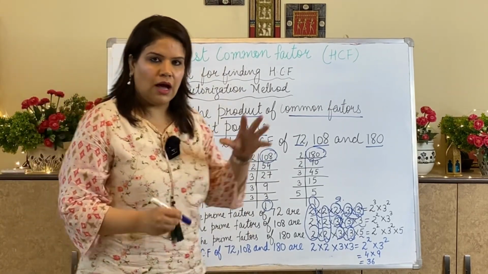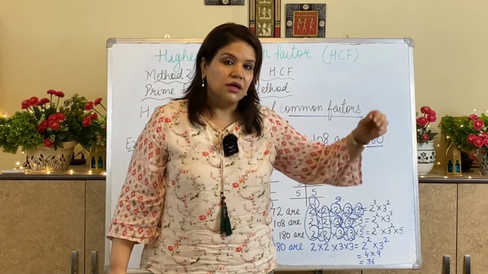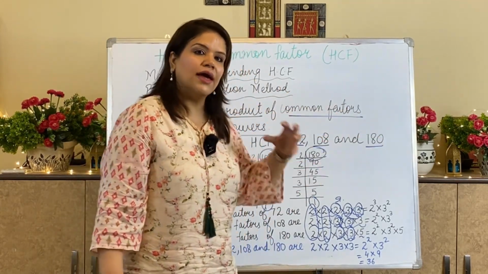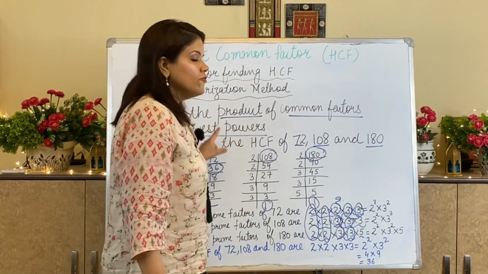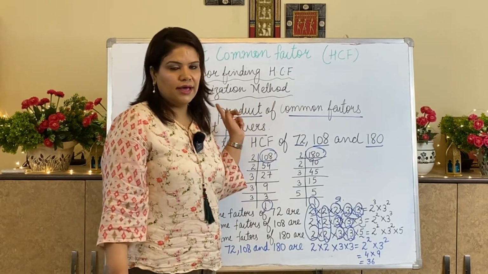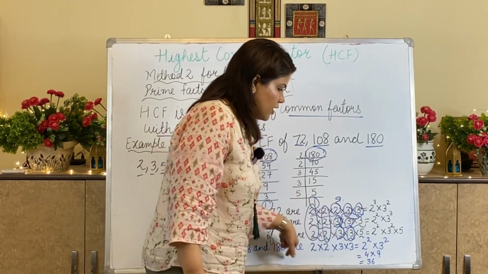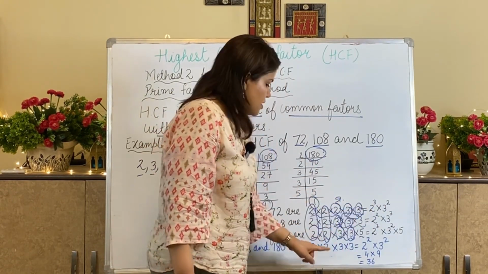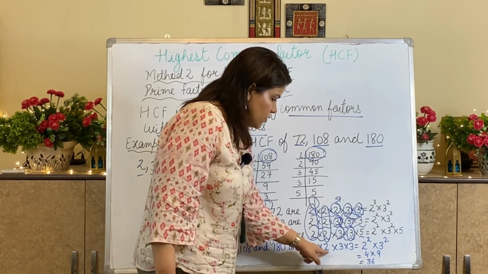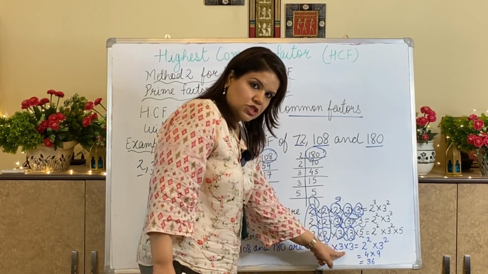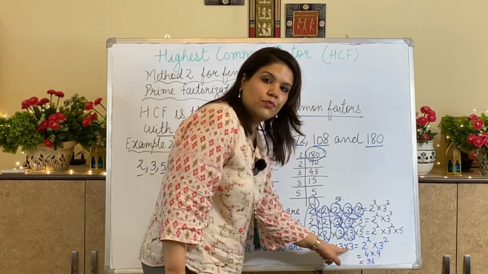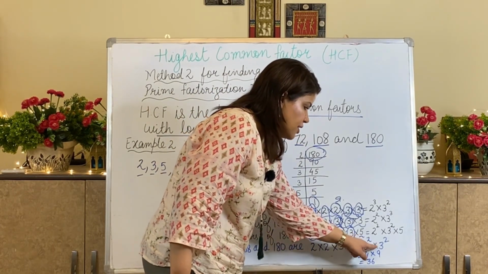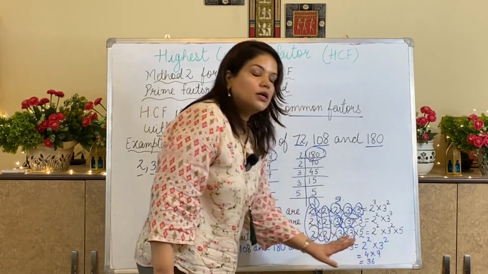3 things I am doing. I am finding common factors, then I am finding common factors with least power, and then after that I am finding their product to find the HCF. Now these are the factors. These I have listed them in the concept of powers. Then I have found out the common factors with the least power, and I am finding their product. So product will be 2 raised to power 2 will be 4, 3 raised to power 2 will be 9. So 36 is the